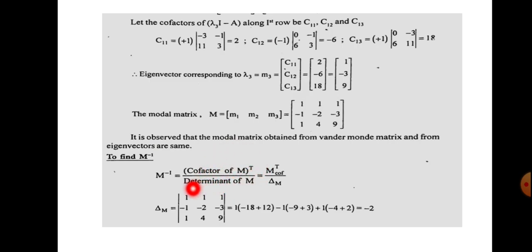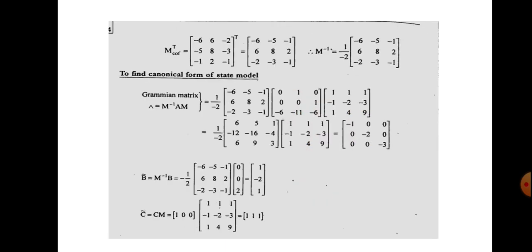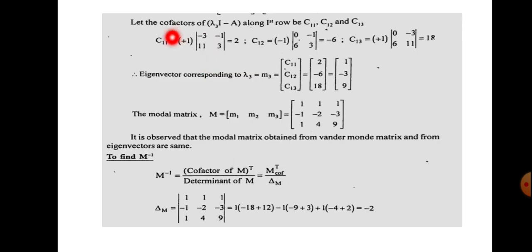Okay. So first we go for the determinant of M. The determinant of M is obtained by taking the determinant of this matrix. So you will get minus 2 here. Next you can find the transpose of the cofactor matrix. The cofactor matrix is obtained like this. Finding the cofactor matrix is a lengthy procedure, and you have to do it step by step because the step is the same, that is C11, C12, C13. Similarly you have to find C21, C22, C23. Also you have to find C31, C32 and C33. You have to give the symbols also, that means the signs also.